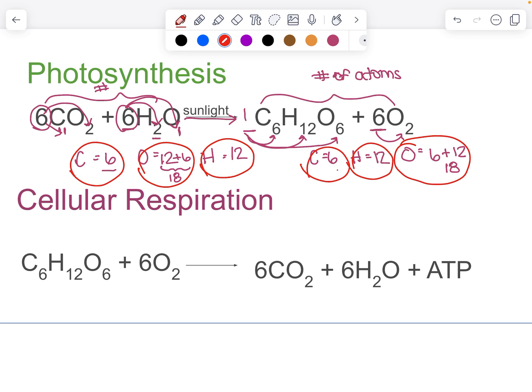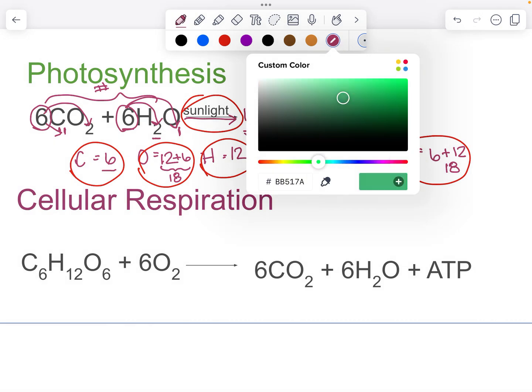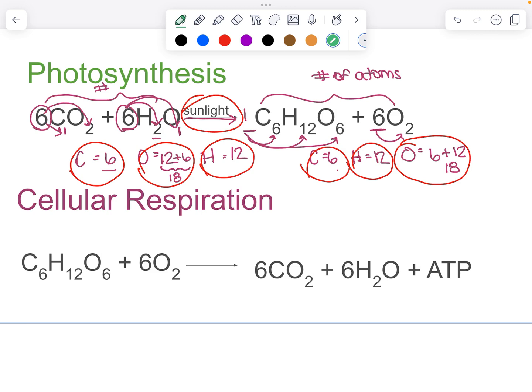Now just remember, in photosynthesis, we have sunlight being the energy that's the driving factor here, right? So now let's take a look at what happens when we do cellular respiration down here. So once again, remember there is an implied 1 there, and when we look at our different atoms, we have carbon, we have hydrogen,